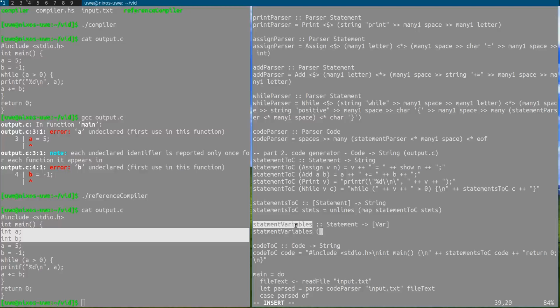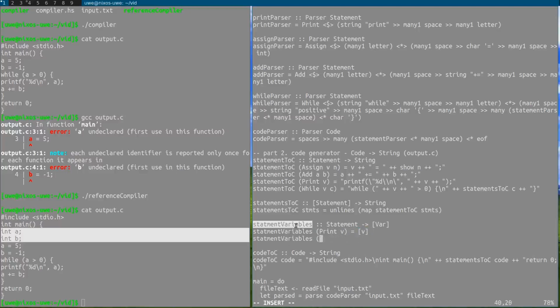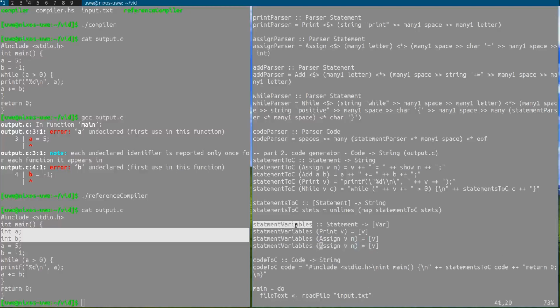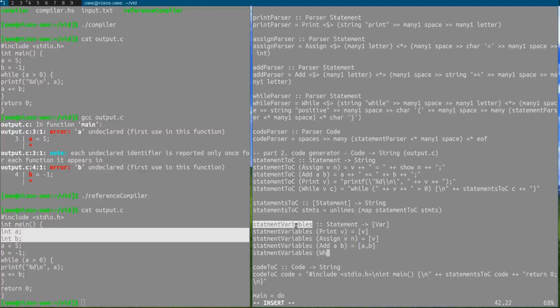First of all, the easiest thing to do is for a print statement. The variables in this statement are just the variable that you're printing. In an assign statement, assign v to a number, the variables in this are also just the variable that you're assigning. When you have add a b, then we have two variables, a and b. And finally, in a while loop, we have the variable, and then we have all the variables that are assigned to or read from in this